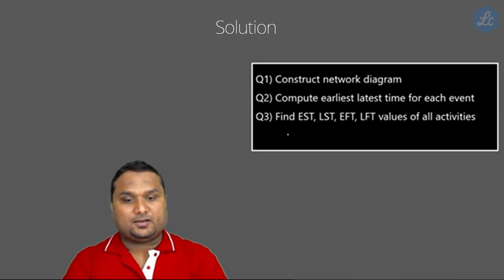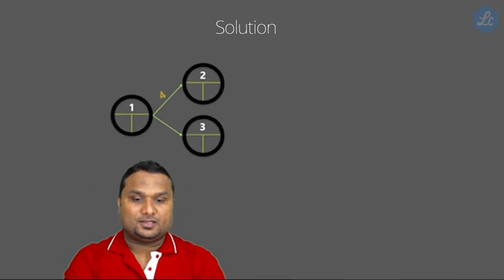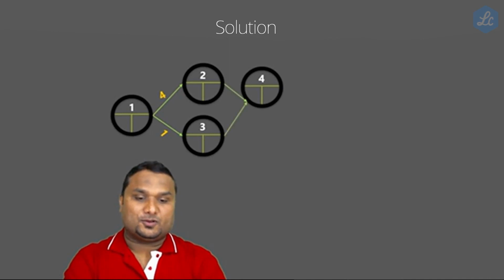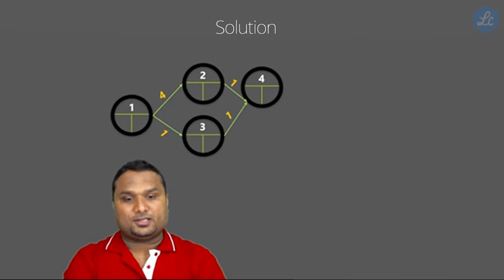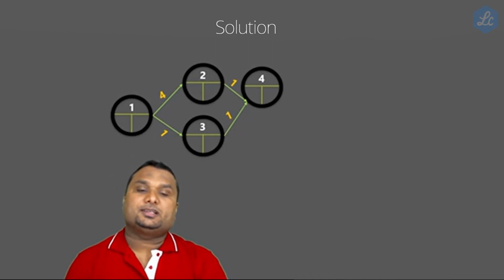Now what happens after that? Then it is 2 to 4, 3 to 4, and 3 to 5. Let's see how to do this. 2 to 4 is there, and 3 to 4 is there. So 4 is a common point. Draw with me: 2 to 4, then 3 to 4.